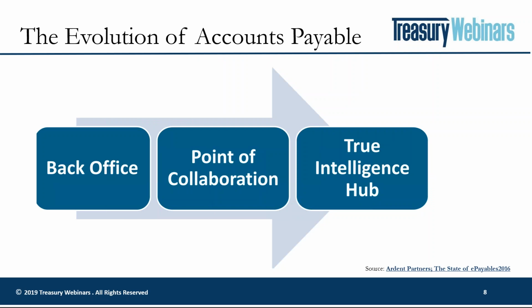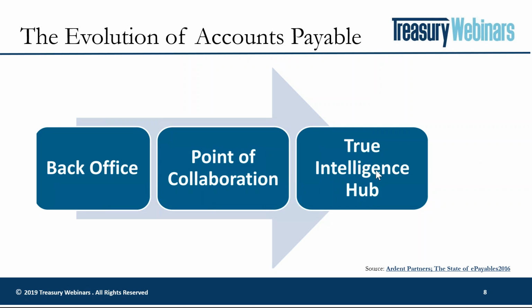I just love this graphic because it really illustrates what I've seen. When I was a treasury manager, AP was really more of a back office function. I didn't really see that transition to a point of collaboration until maybe the middle or late 2000s, up until 3, 4, or 5 years ago. And then what I've really seen is, I just love this word,